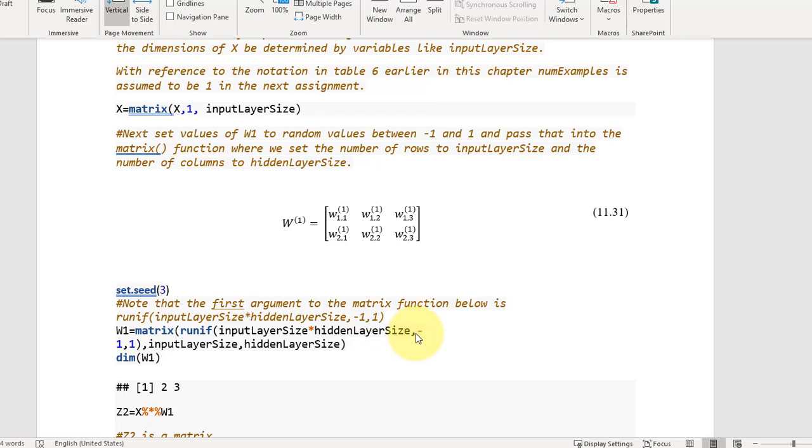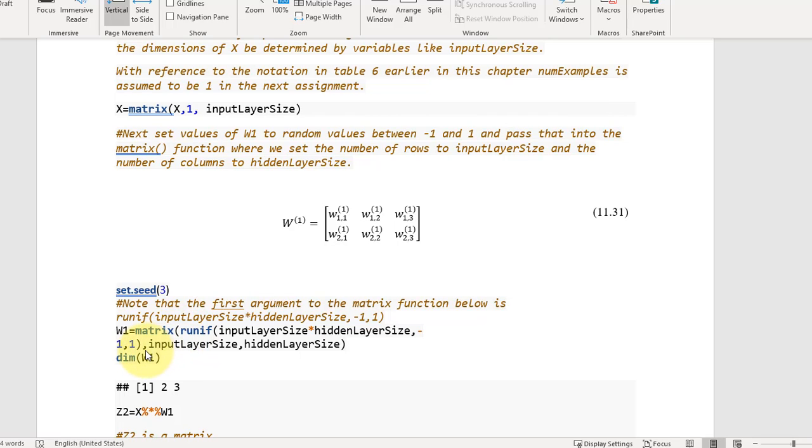Then there's a comma, and after that the minimum size of the random number is -1 and the maximum size is 1. So we want to generate 6 random numbers between -1 and 1. That's what this does. And then we're going to put that into a matrix. And here's the matrix